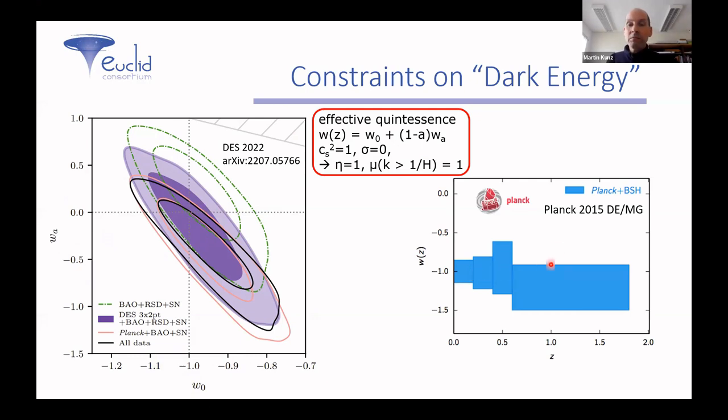And here is a paper from Planck in which I was involved, where we tested in a binned way to see if there is any evolution of the dark energy equation of state, or if it is -1. And so at this point, there is no deviation from -1. Now,